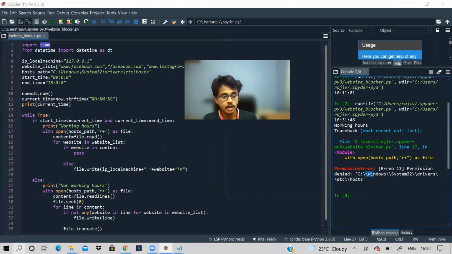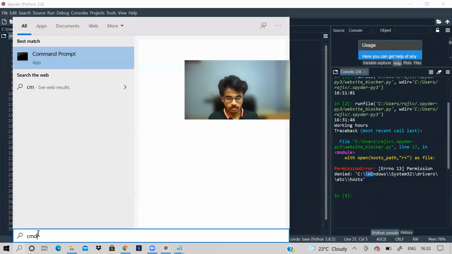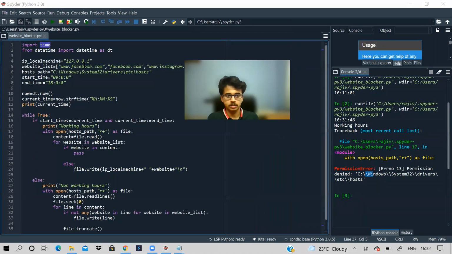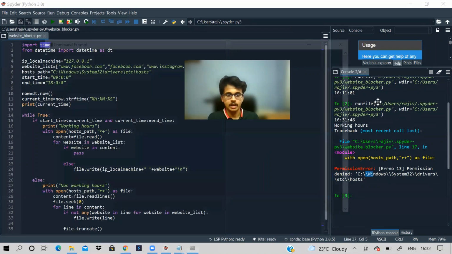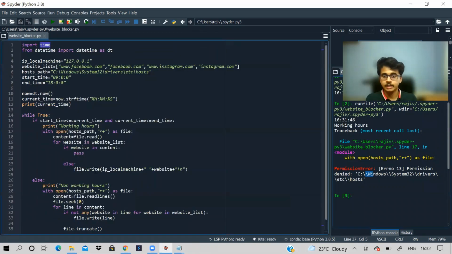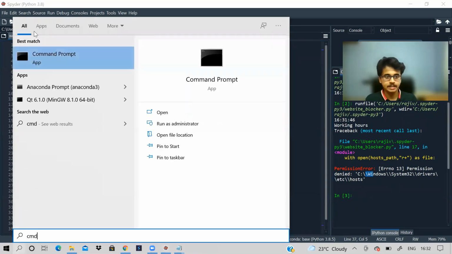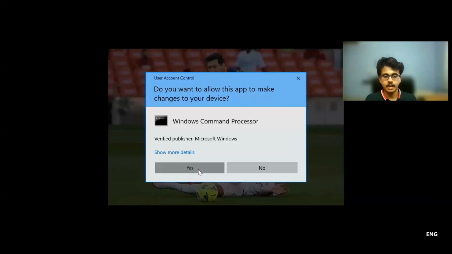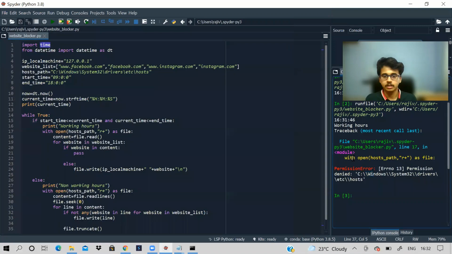So I'll open command line, and because it is a protected file, I should open command line as an administrator. So let me open command line as an administrator.